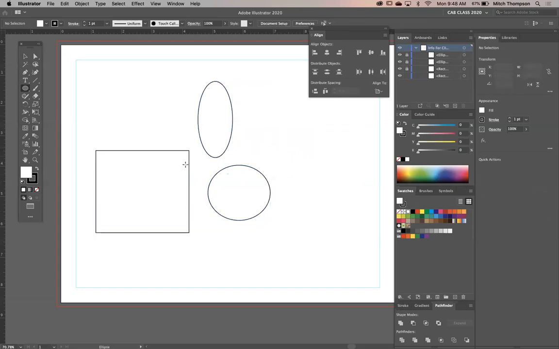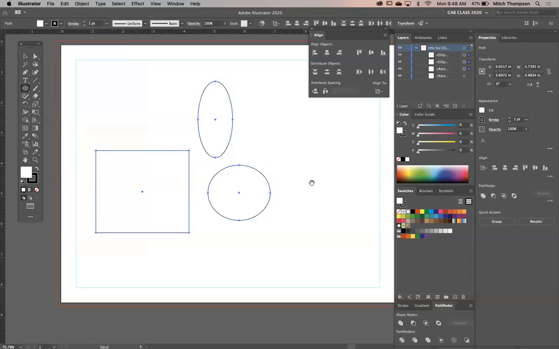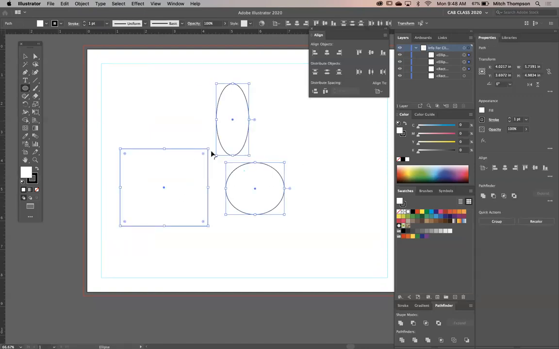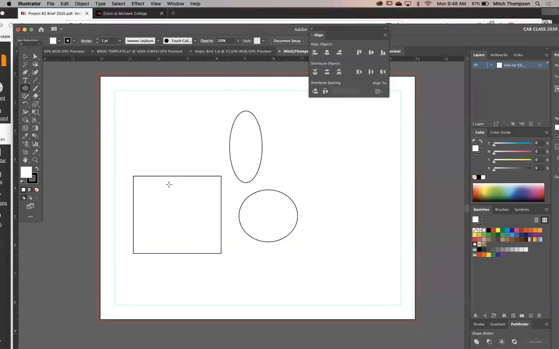The only problem with that is if you go to move art and you forget to unlock all before, Command Option 2, that can get you when you're done drawing, say on your 5x5, and you go copy paste and you don't notice that you had like 4 elements that were locked in, like the eyeball or something. I don't know why I always go to the eyeball. That is where it can be dangerous. So just make sure, because it doesn't show you that it's locked here. So even if I do a Command 2, see this? I selected all of these objects.